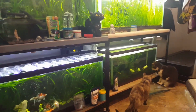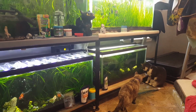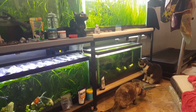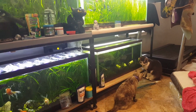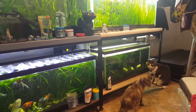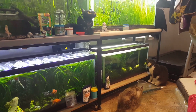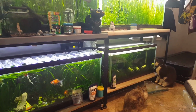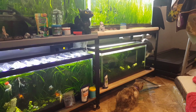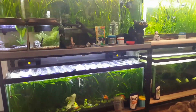And I'm actually going to be looking for maybe some window clings or something to kind of cover up part of that tank so he's not able to torment them. I have a couple of babies in there actually now. The Plecos did breed. So that's one of the things I'm going to be working on, is getting some more stuff in that tank so they have more places to hide so he can't torment them as much, because for some reason those are the only fish that he wants to try to get. But anyway,